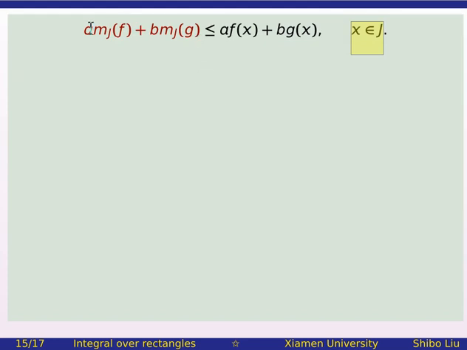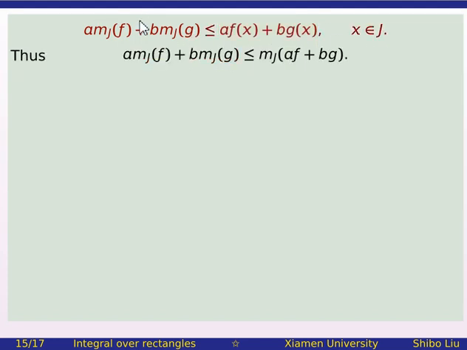Therefore, the left hand side does not depend on x, but the right hand side does. So we can let x change and take the infimum of the right hand side. Then the right hand side will become the infimum of the linear combination over J, and the left hand side does not change. Therefore, we get this result. Here, m_J of A f plus B g is the infimum of the linear combination of f and g over the rectangle J. So we have this inequality. Then we multiply both sides by the volume of J, and then sum up. We obtained